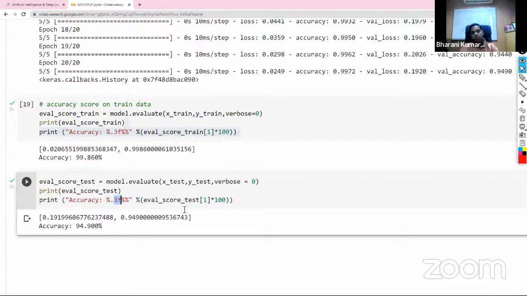It's not just about building the model. Once you build this model, you will also have to deploy this model in production. So we build the model, accuracies are high and close to each other, right? 99.8, 94.9. They're more or less close to each other. So you can conclude that you have just built a right fit model. But then,